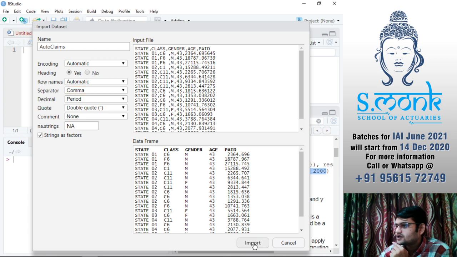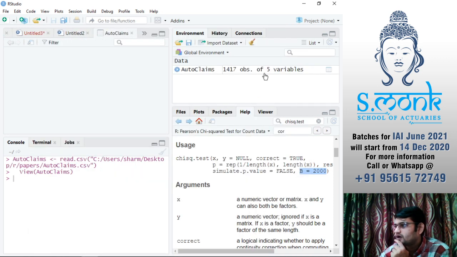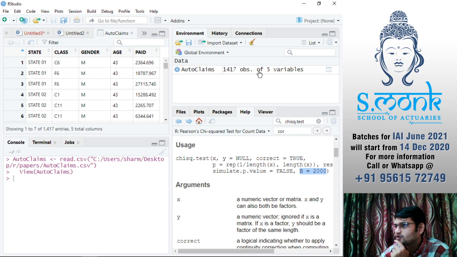Then we'll press import, and now you have the whole data here. If you want to view it, it automatically opened it, or if you double click it, then it will open it. You do not have to write any code on how you uploaded the data. They understand that.